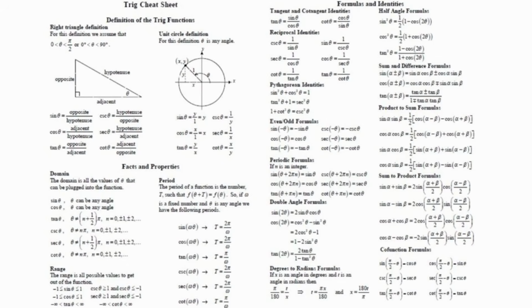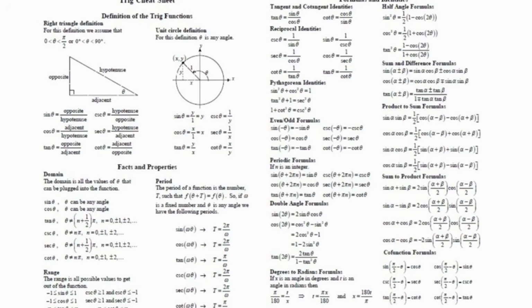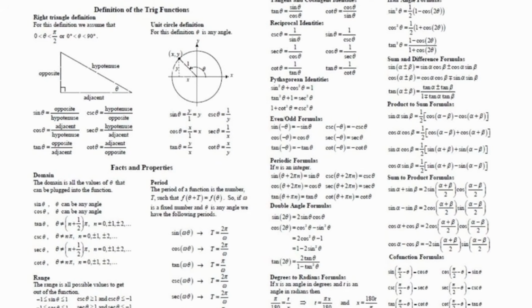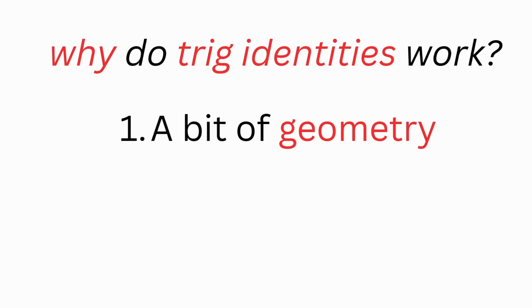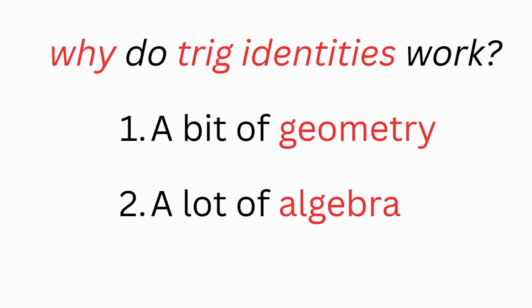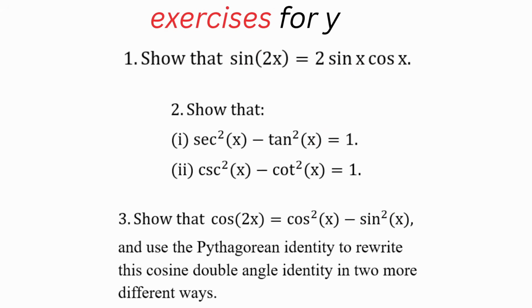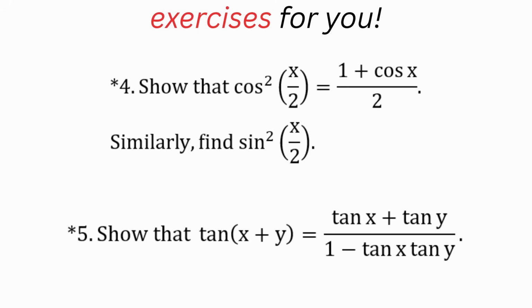As you can imagine, we can keep going with simple algebraic methods like this, proving more and more identities until we've rigorously established every identity on this list. Some are very straightforward, and others require a clever trick or two. So this is where I conclude the lecture on the first why trig identities work. Using geometry to derive three important identities, then using algebra to derive the rest, that is where trig identities come from. I'll leave you with a handful of derivation exercises before moving on to answer the second why we need